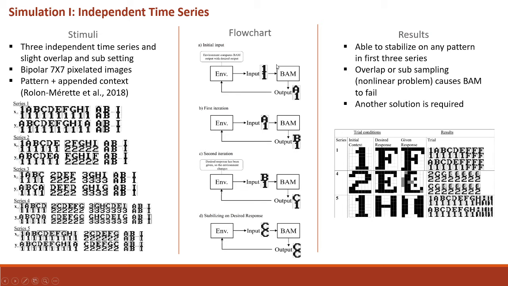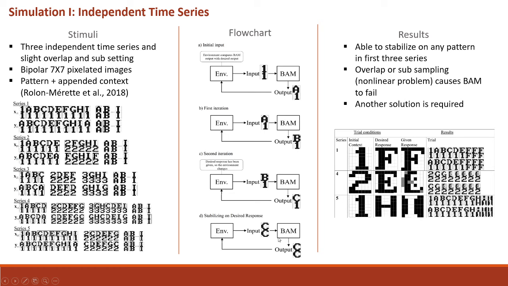For the exploitation to begin, the first pattern in the series, the context, is given to the BAM. This will recall the next pattern in the series, which is then compared to the correct response by the environment. If it does not match, the output is sent back to the BAM and recalls the next in the series. This continues until the correct pattern has been recalled. When this happens, the environment changes and sends back that pattern associated with itself, causing the BAM to stabilize on